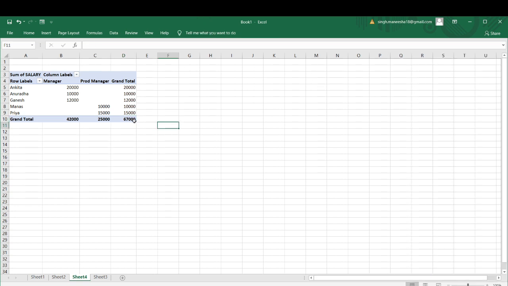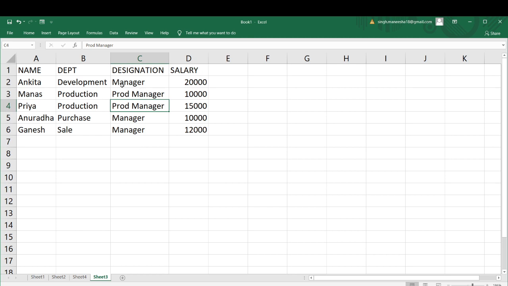So in this way you can create the table. Earlier the table was in this way. See, who are the managers, what is their salary, how much salary we are giving to managers. You would have to add individually, then add the production manager salary and tell me the total.